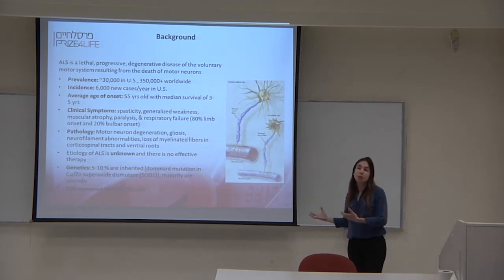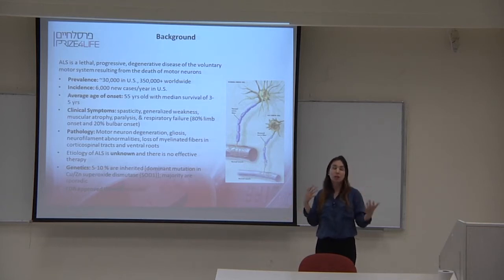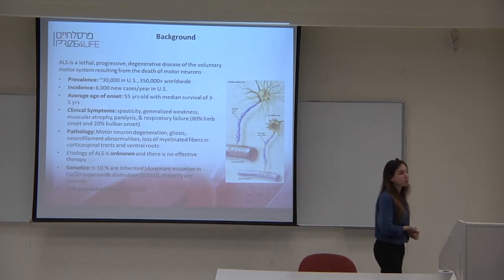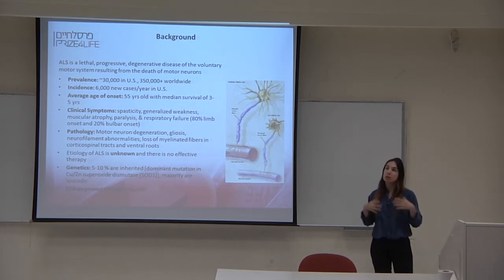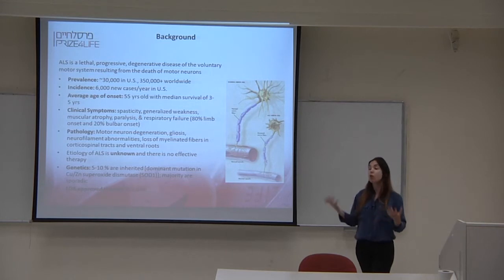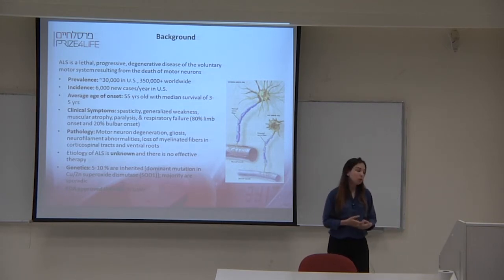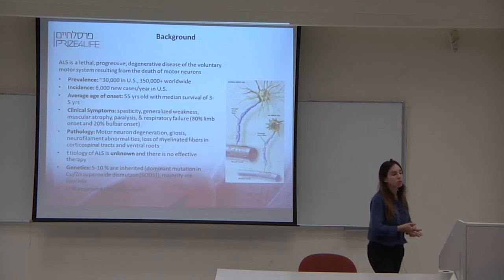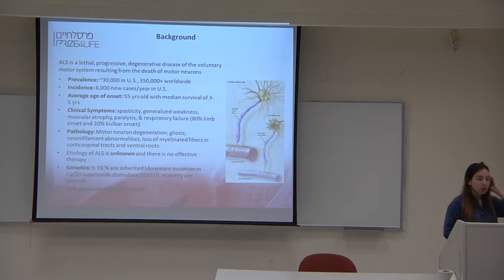So the obvious cases would be cases that really follow a Mendelian distribution. So let's say half of the family members have ALS, or a quarter of the family members, depending on the type of mutation. But what if you see that in large families, the percentage of people with ALS is more than 1 in 1,000, but it still is pretty low? So that's a difficult definition, what's familial. And if you go by the very strict definition, there's about 5%, and if you go by the very loose definition, there's about 20%.